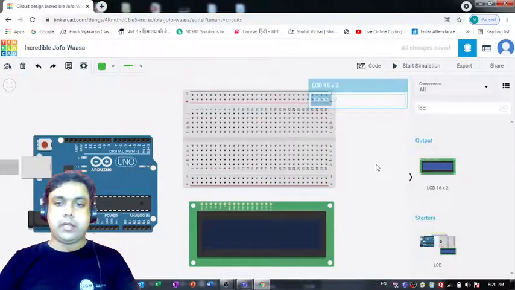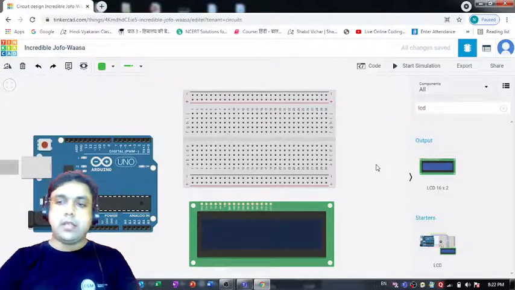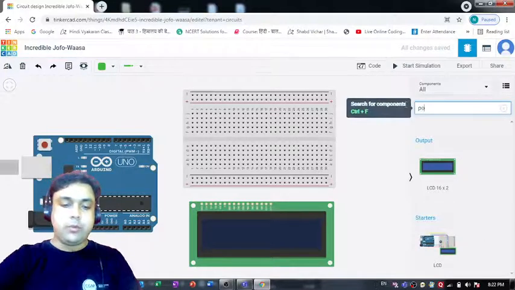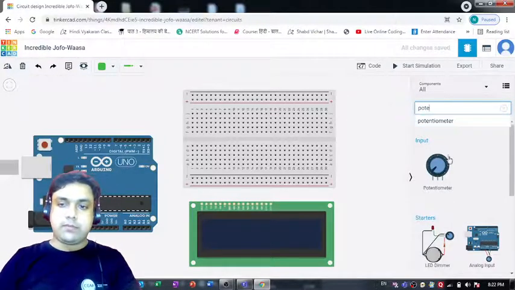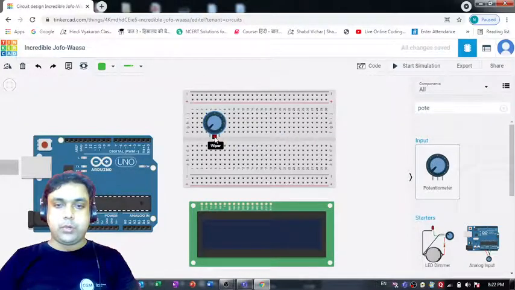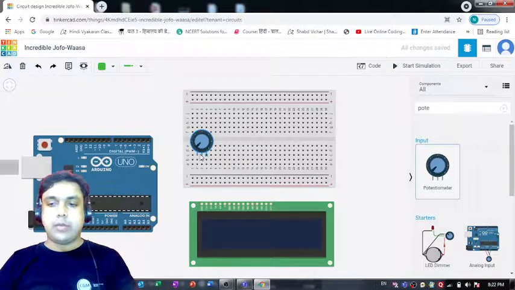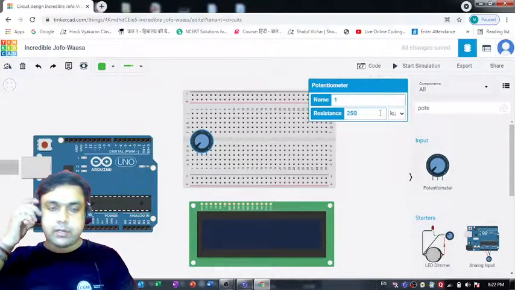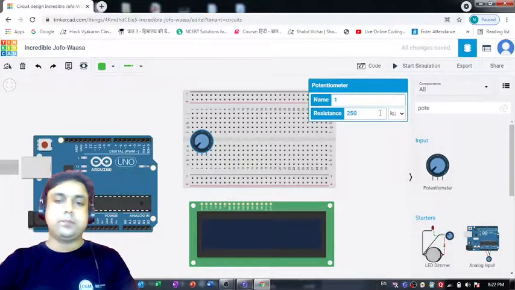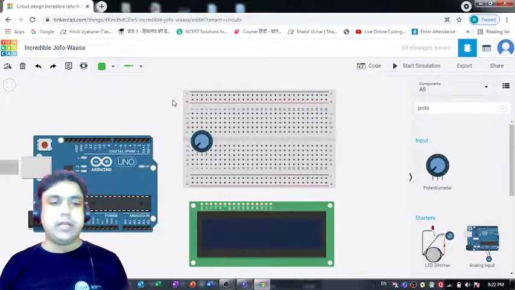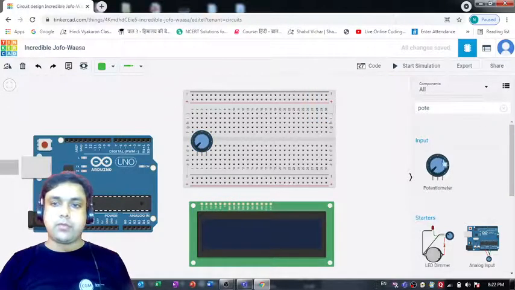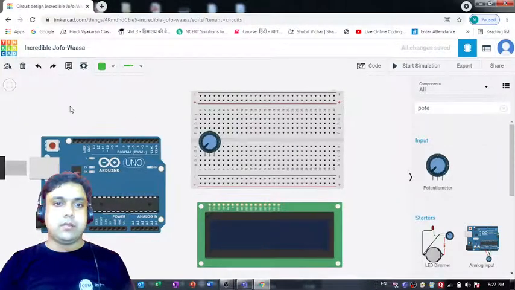Okay, great. So we have all the components with us, and besides that, let's pull a potentiometer also, with which we can control the LCD. So I am going to put it over here. Because there are three pins of the potentiometer, we can keep it somewhere over here. Yeah. So I've connected this potentiometer to this breadboard. Okay. So we are done with pulling all the components from this navigation menu on this circuit environment.